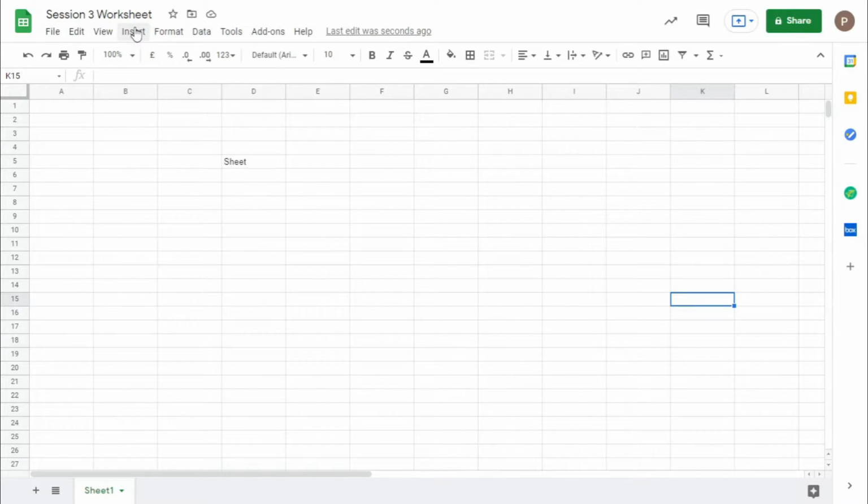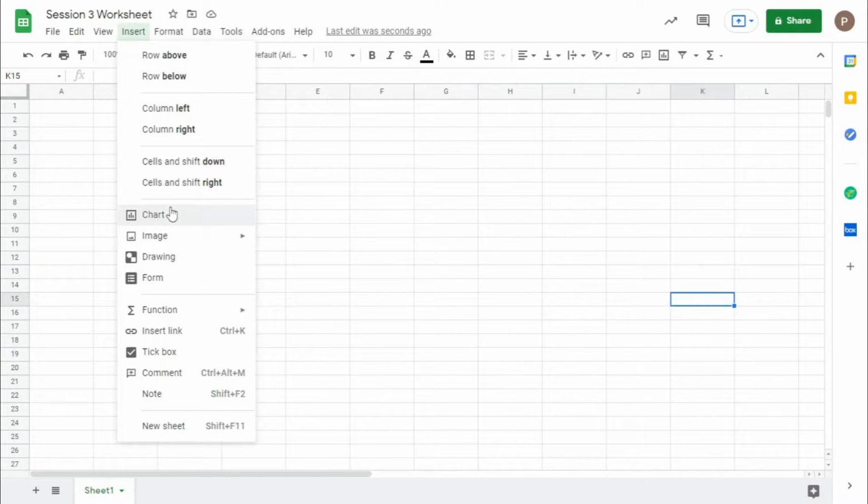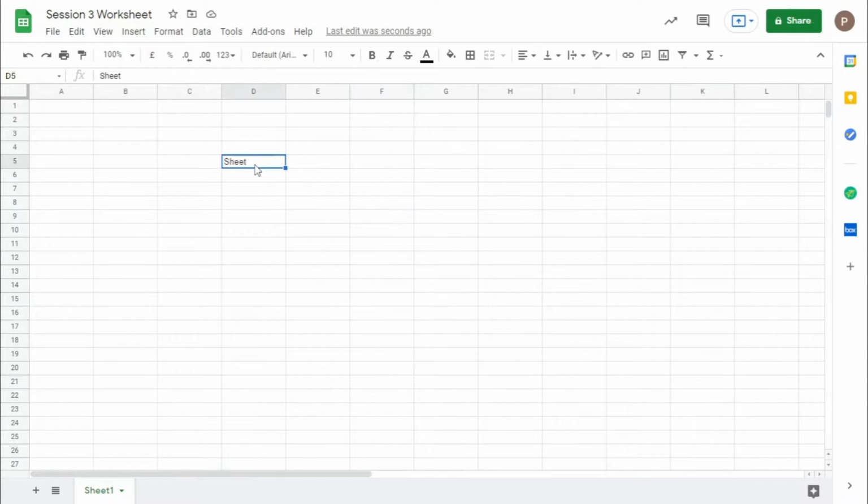Next, insert chart. Let's say you have data like this.